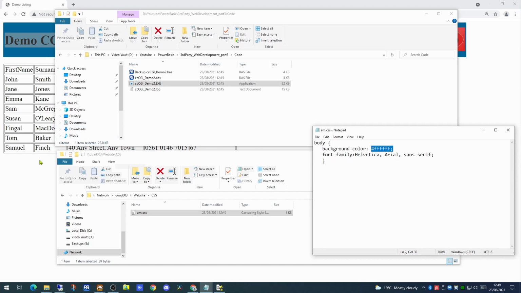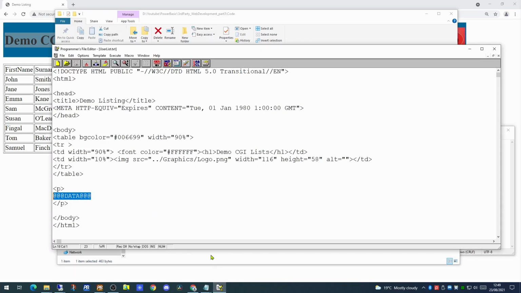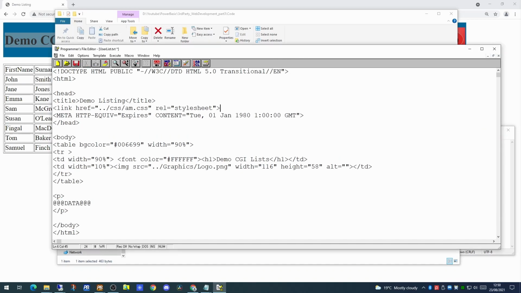now the web page itself will not recognize that we have a cascading style sheet yet because our template has not yet been updated. So let's have a look at the template again. Here is our template. Now at the very top of the template we need to put a link into our cascading style sheet, like so. We are linking to the cascading style sheet by using relative pathing. 2 dots to go up one directory, down to the CSS folder, and there is our CSS file. So if we save that in our template,